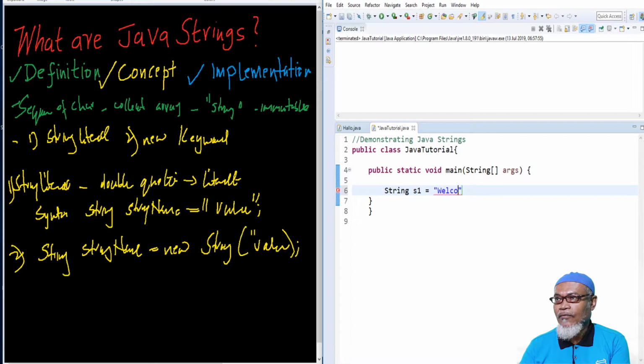So here we'll have welcome, and of course we have terminate. Alternatively, basically we can use the new keyword. So the new keyword you can use here. You can say String, we can say string 2. So s2, our string number 2, actually equals to